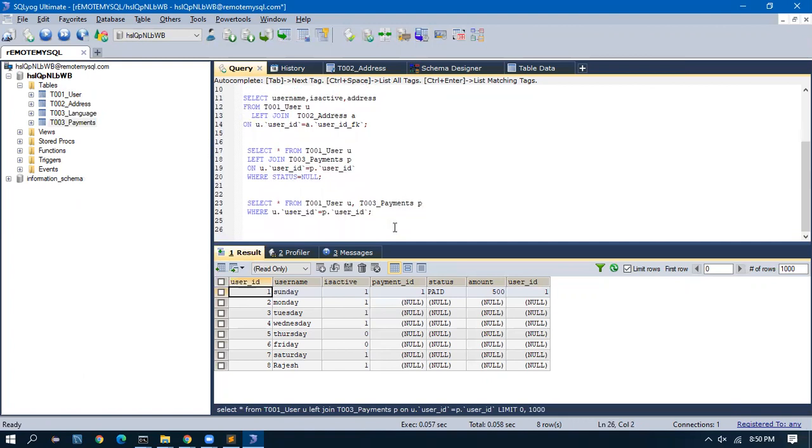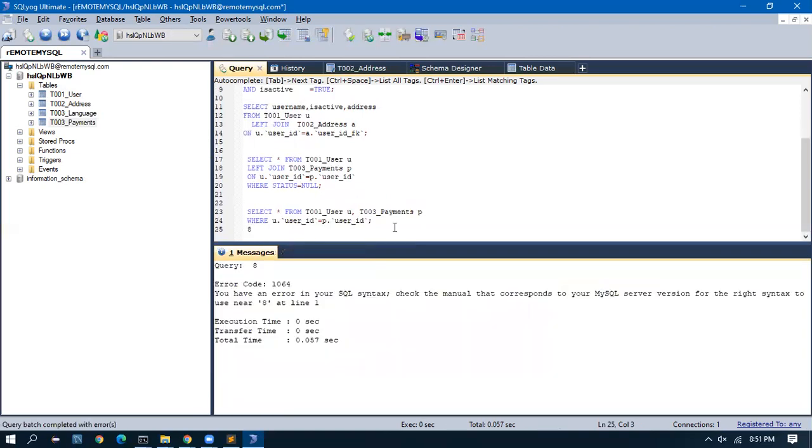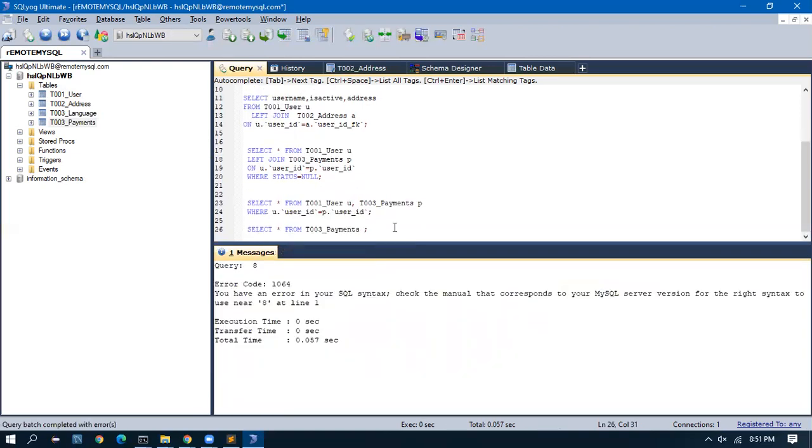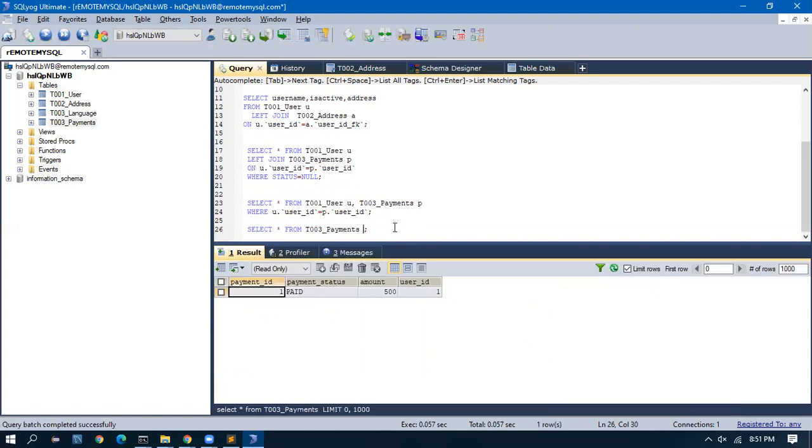I'll do a select star from T003 payment where payment status is equal to paid. Let's see.